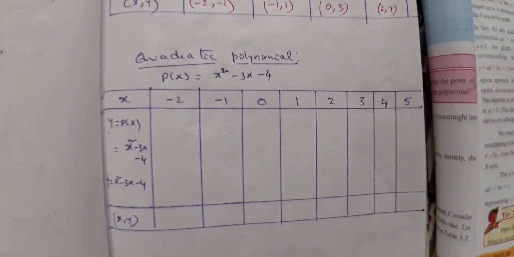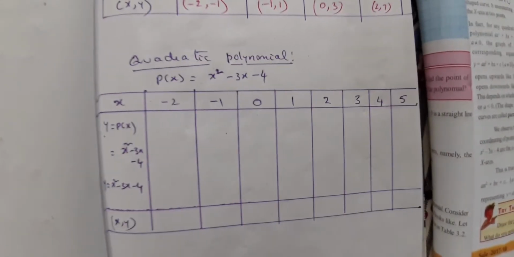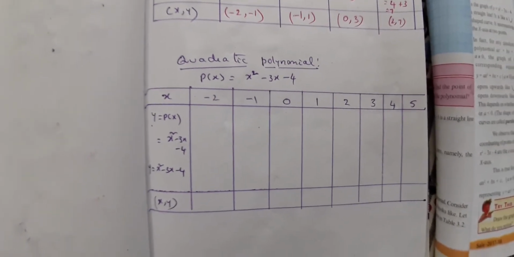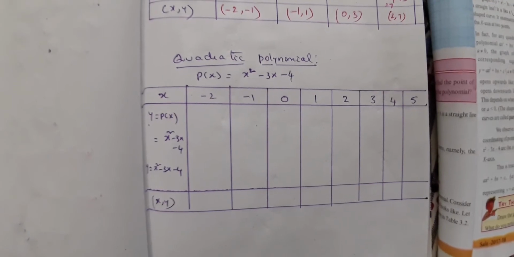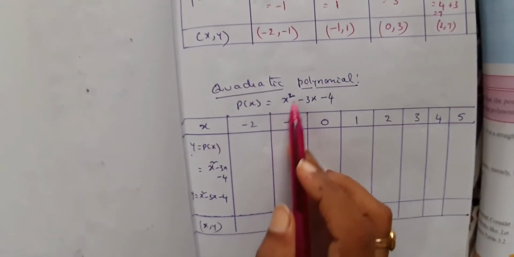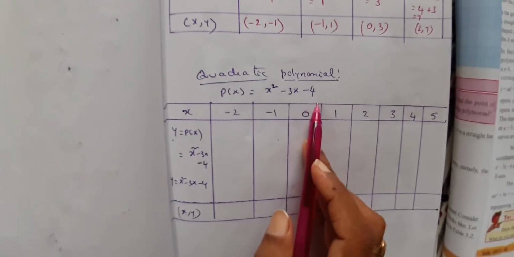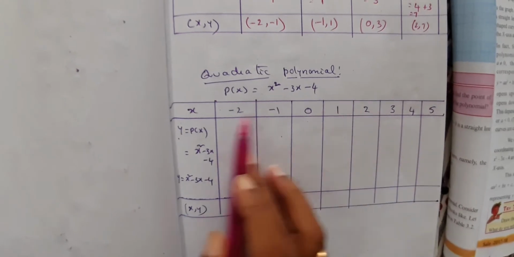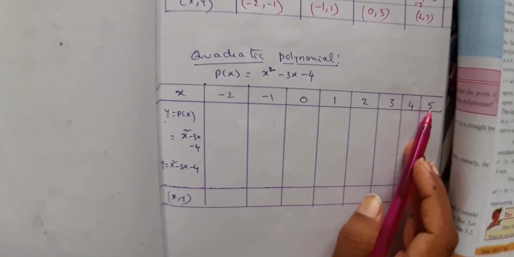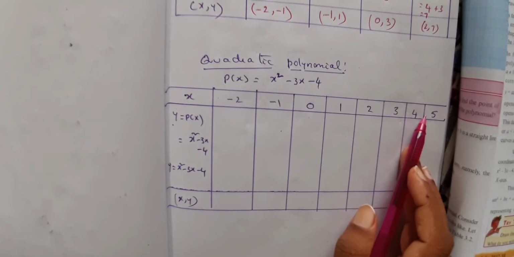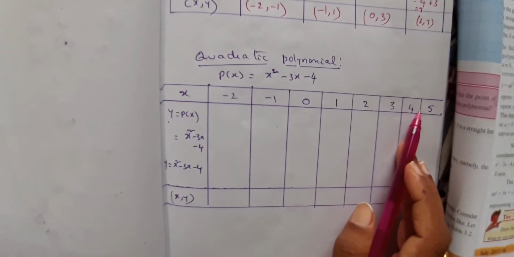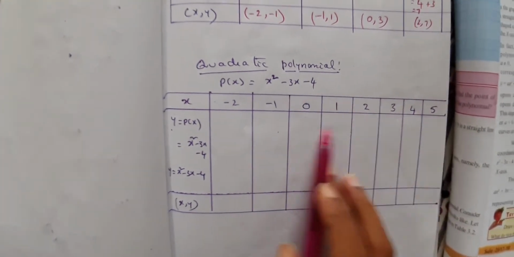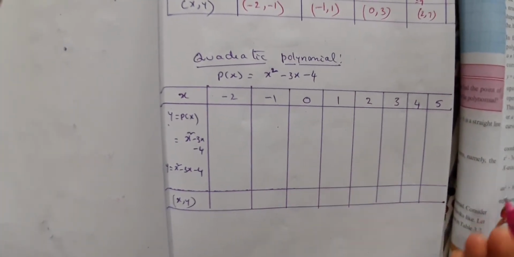Now let us see the case of a quadratic polynomial. Quadratic polynomial means the degree of the polynomial is 2 and therefore you will have 2 zeros, right? What is the polynomial taken in the example? x square minus 3x minus 4. Similarly you draw the table with x values. These are the values which you wanted to take. You can take your own values. For verification of zero, if you want, you can do it in the rough work, find the zero of the polynomial and take one of the x values to be the zero of the polynomial. That can also be done.